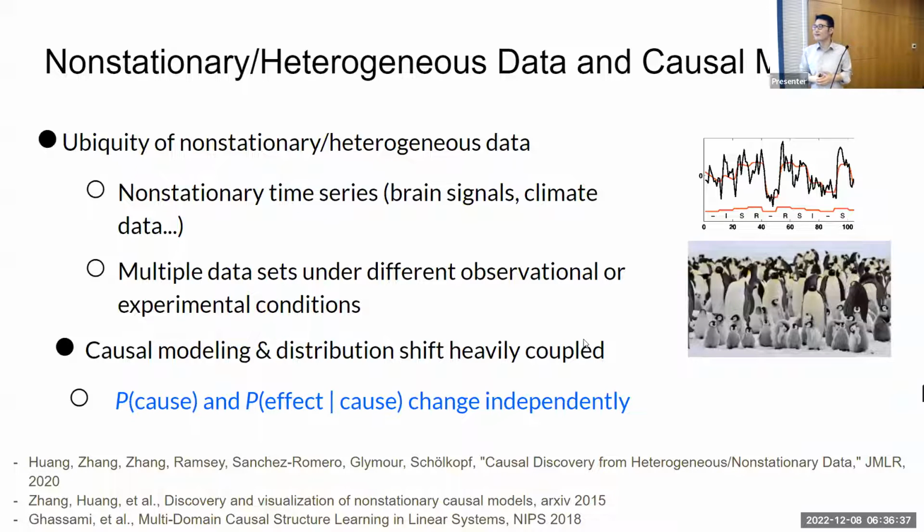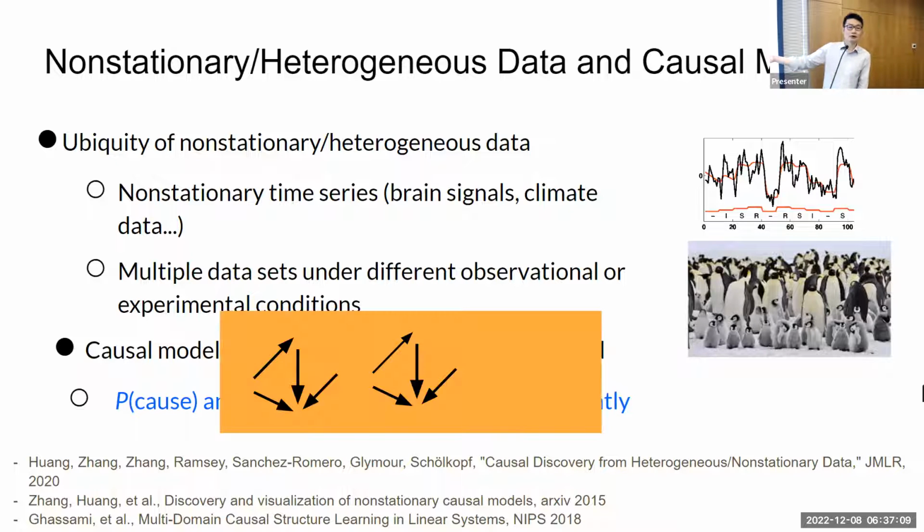One thing I would like to emphasize is that causal modeling and distribution shift are heavily coupled. If you have a causal model, we know that because of the modularity condition, the distribution can change, but the different modules will change independently, right? And if you have the distribution shift phenomenon in the data, you can try to verify whether a particular causal model or structure is plausible. So in other words, with distribution shift, we can easily solve the problem of causal discovery under some further assumptions. And here, you allow a causal model to change. You can allow causal influence to be stronger and weaker, and you can even allow some causal relation to disappear.